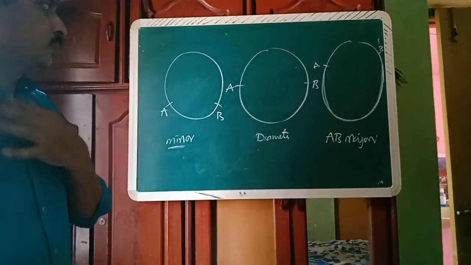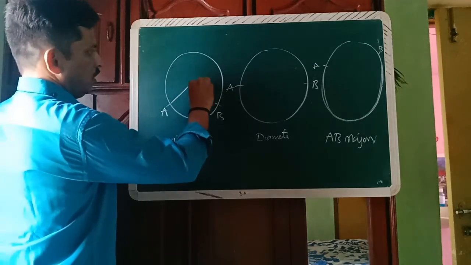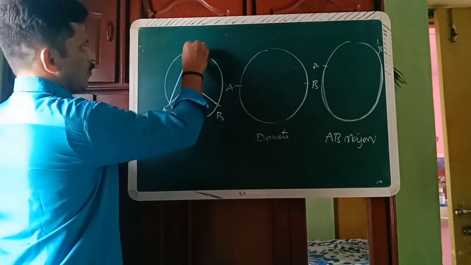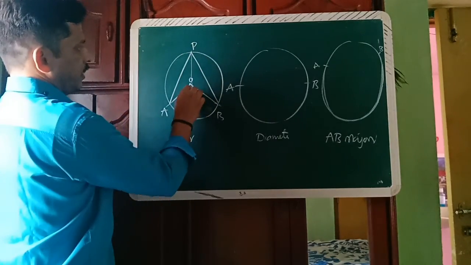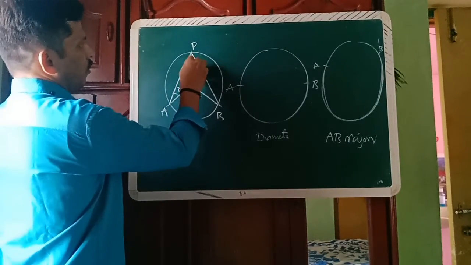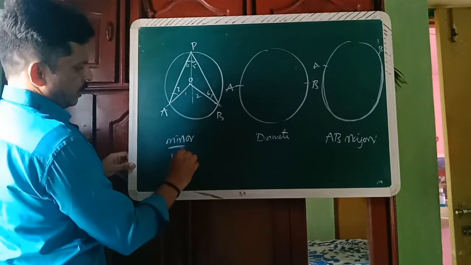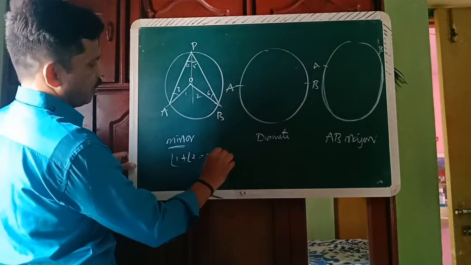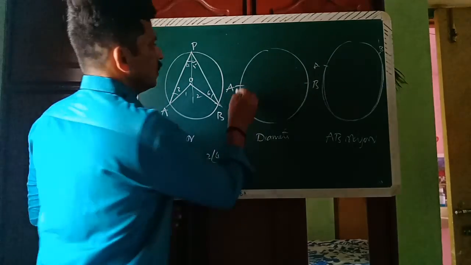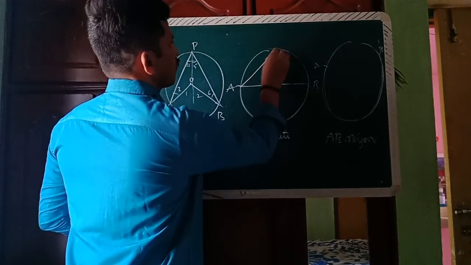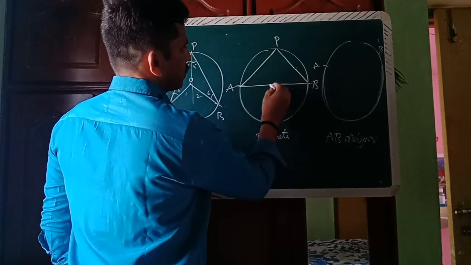So how to solve, before the theorem I'll explain here. Already you know how to solve this one. This is O, this is P. Before, I explain here 1, 2, 3, 4, 5, 6. Angle 1 plus angle 2 is equal to 2 times angle 4 plus angle 5. Suppose they give a diameter. Join any point on the circle. This is P. O is the center of the circle.